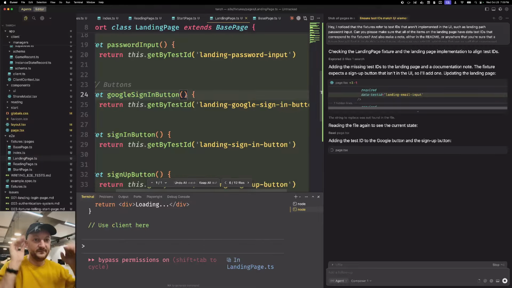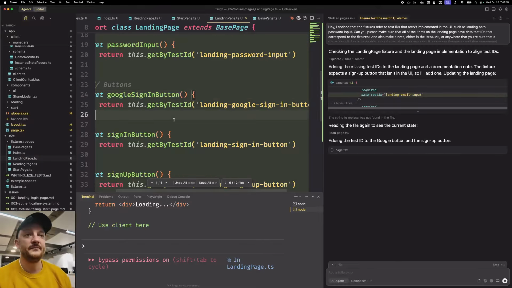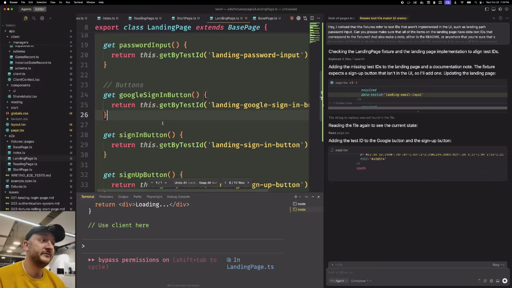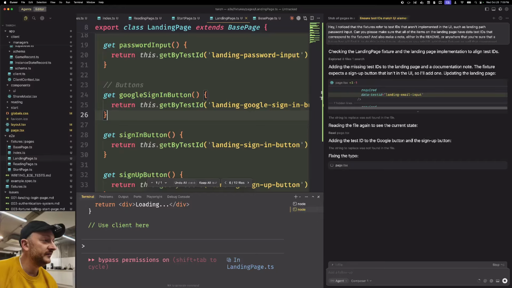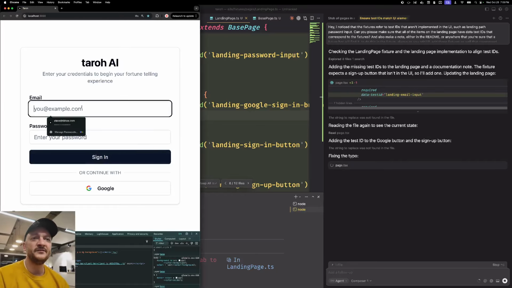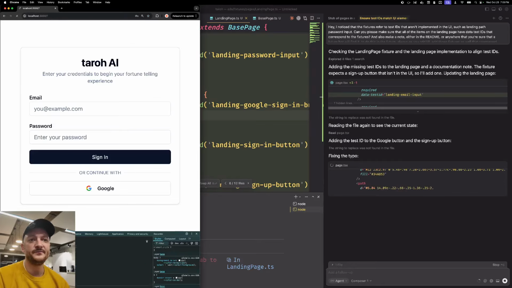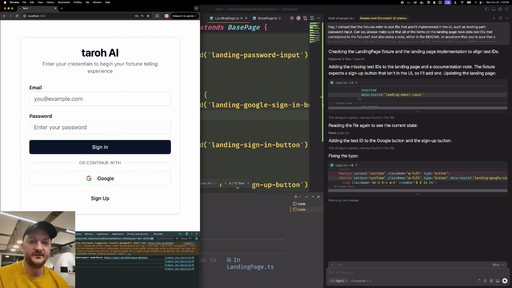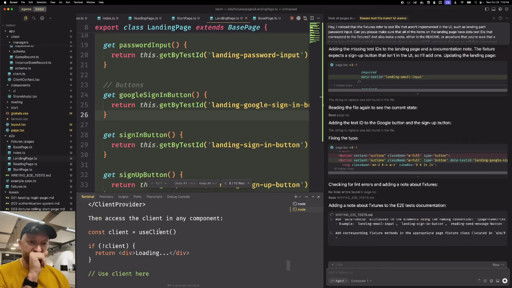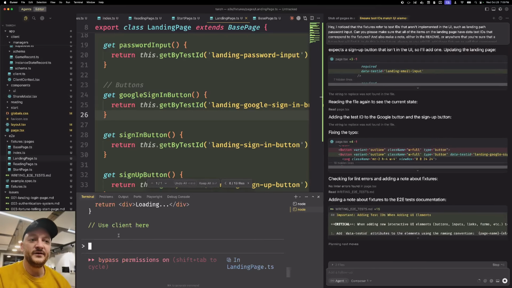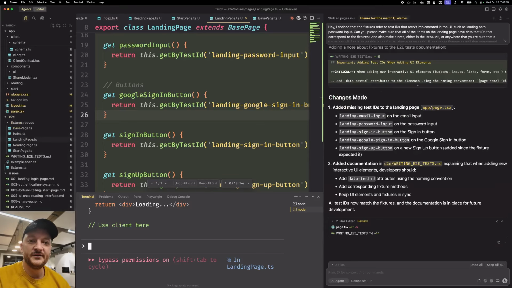They're the ones that need them the most, and we'll really benefit from them, as you'll probably see in a little bit. Adding the test IDs, okay, great. Does this work by any chance? Can I sign in? No, why can't I? Connected, rebuilding this, okay. Client access in any component. Let's see, are we wrapping the